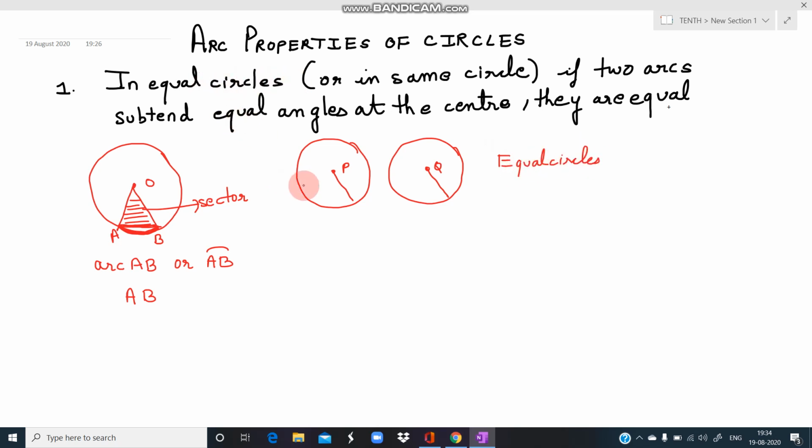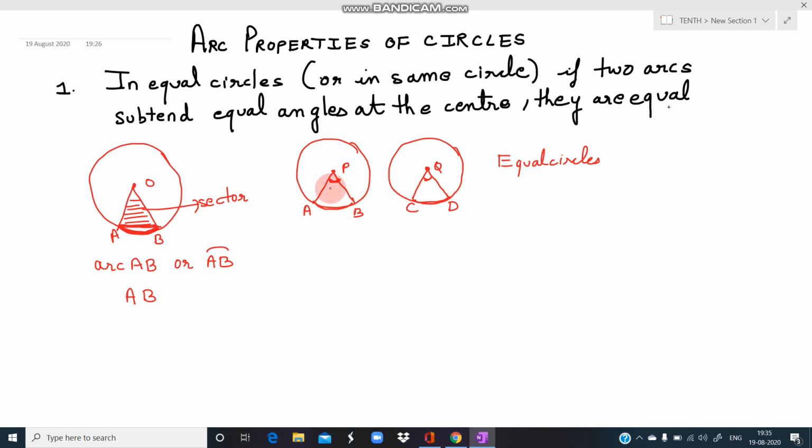So what is the first property कि अगर suppose हम दो equal circles ले लें, इनका radius same है and we take arcs in it. एक arc हमने यहाँ पर लिया, एक arc यहाँ पर लिया. This is AB and this is CD. These are two arcs. According to this property, अब ये जो arc AB है ये सेंटर पे कितना angle बना रहा है? That is this angle, angle APB. ये जो arc CD है ये सेंटर पे कितना angle बना रहा है? That is this angle, angle CQD.